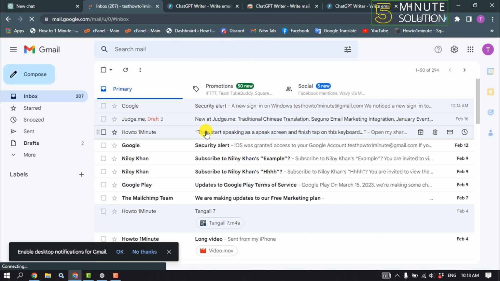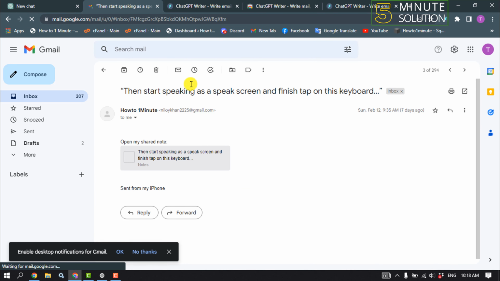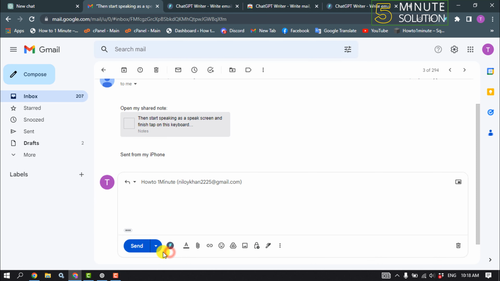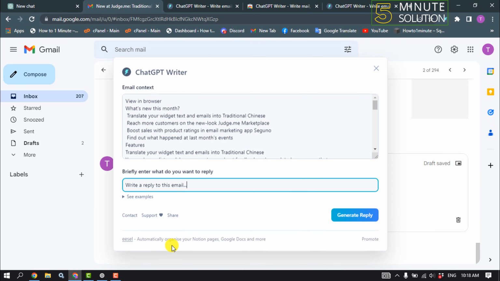Using the ChatGPT Writer extension, I'm gonna generate a reply for this mail. So I'm gonna click on reply, and here you can see the extension has been added here. So click on that and click on generate reply,